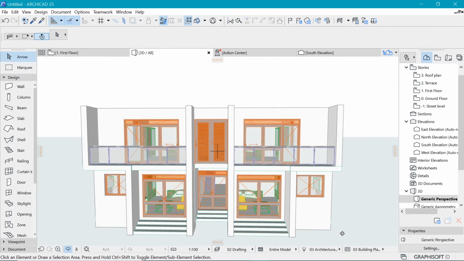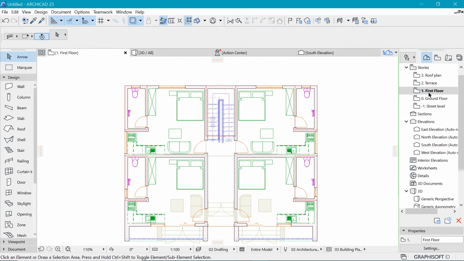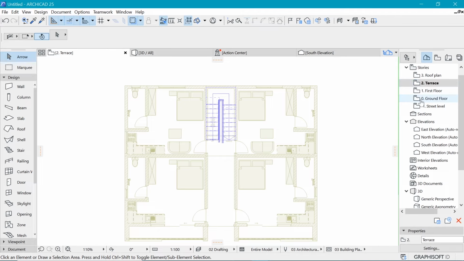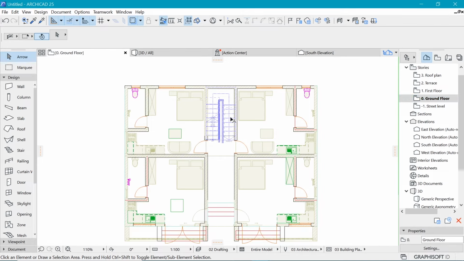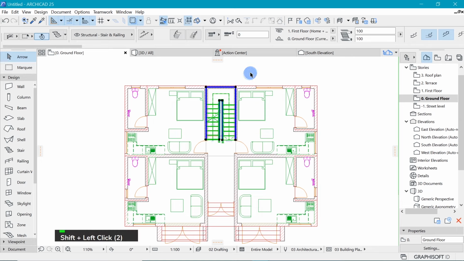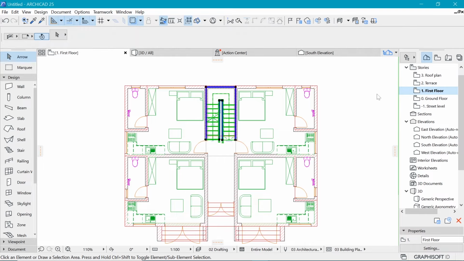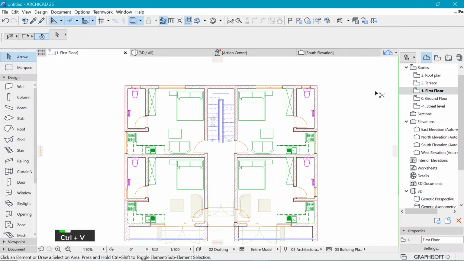Let's add the third floor to this thing. All right, so we will go to the terrace, because that's going to be the terrace part, and we want to have the staircase in this place. So let's grab this staircase on the ground floor and its railing as well and paste them on the first floor, because we need them to take us to the terrace. Okay, copy, Ctrl+C, and then I will paste it on the first floor right here, just on top of this,